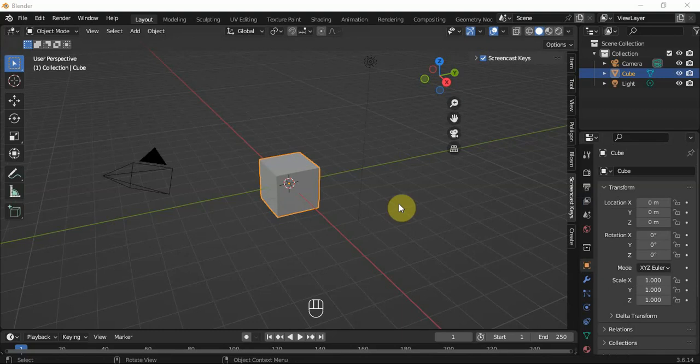This is Agos Creatives. In today's tutorial, I'll be showing you step by step how to destroy an object in Blender, and it is super simple. I just want you to follow the steps, and if you are not getting it at first, always go back